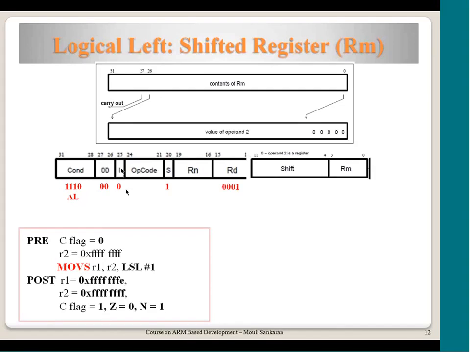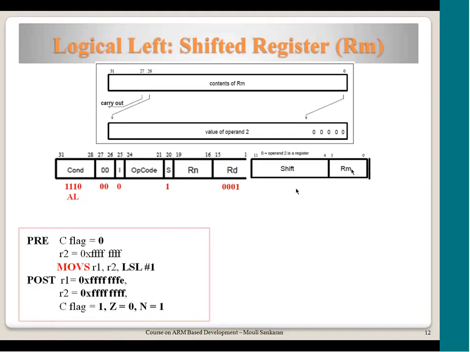Now this I is interpreted as 0. Who is doing this, filling this value? Assembler, okay, or it could be a compiler if a C source file was compiled and then it generated a move instruction and then the obj file would have put this value. But if you have written assembly code, let us assume for our example that you have written an assembly like this, then the assembler will generate this particular format based on the instruction you have given. So it has put I as 0 because you are interpreting it as an immediate constant, okay,